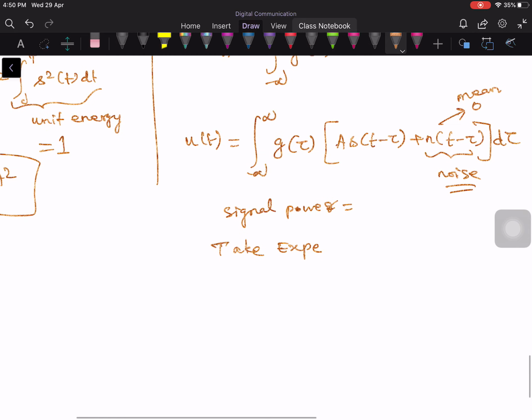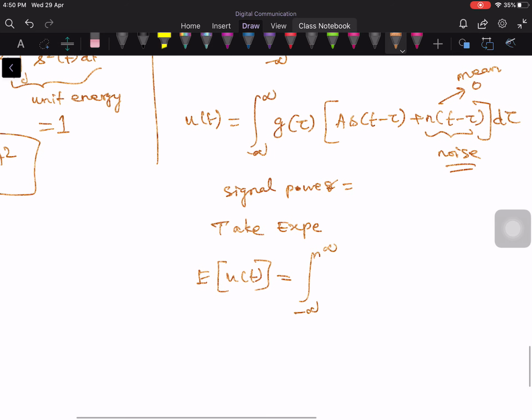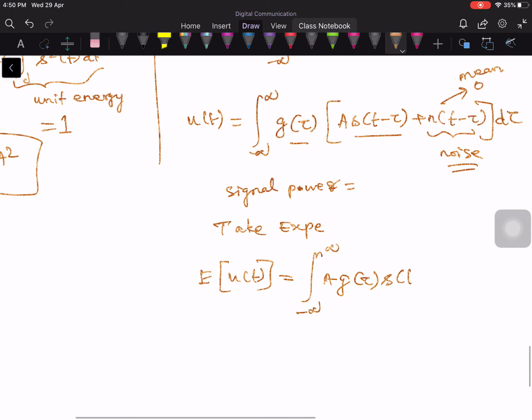So if you take the expected value of u(t), since expectation is a linear operation, I can take it inside the integration. I'm skipping some intermediate steps; we already did these steps in one of the previous lectures on the matched filter itself. Therefore, let me write it down directly. Since g(t) is deterministic and s(t) is also deterministic, A times g(tau), directly, I'm writing s(t minus tau)